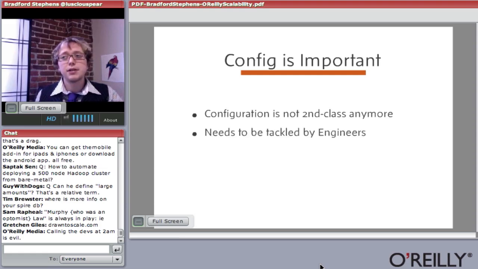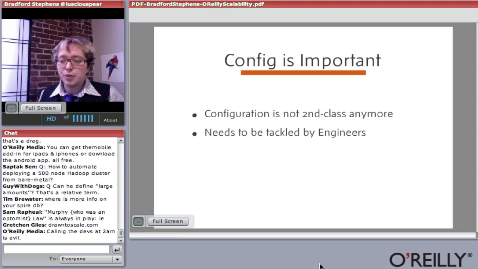But with these systems, because you've got so many pieces you have to bring together, configuration can be a very difficult problem. I rarely do consulting these days, but a lot of times when I was called in to do consulting in organizations, I asked them, how's your Hadoop cluster doing, or how's your Cassandra cluster doing? And they're like, well, it took us 5 months. It took us 5 months to understand how to configure the thing.